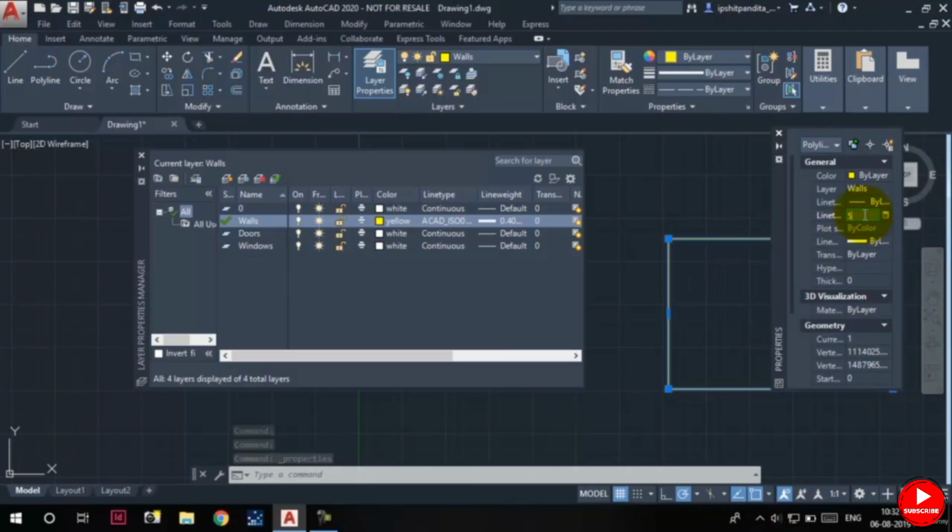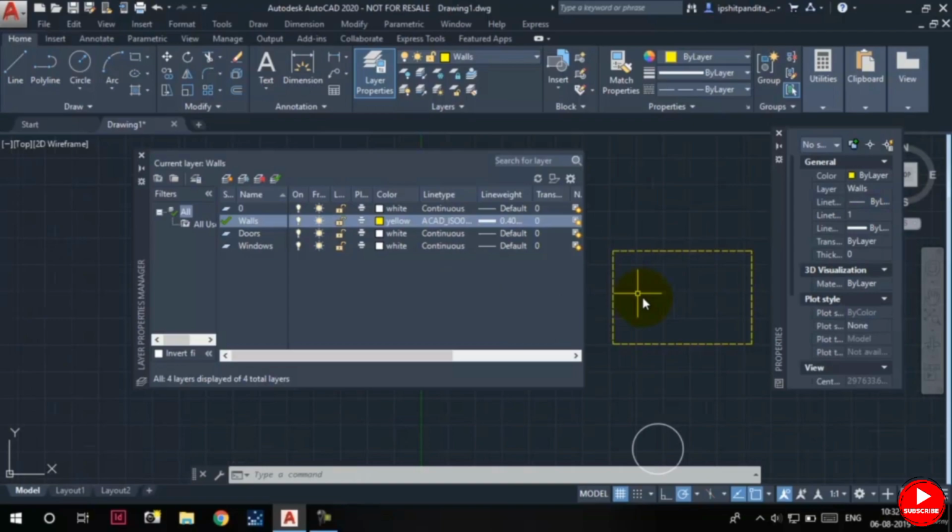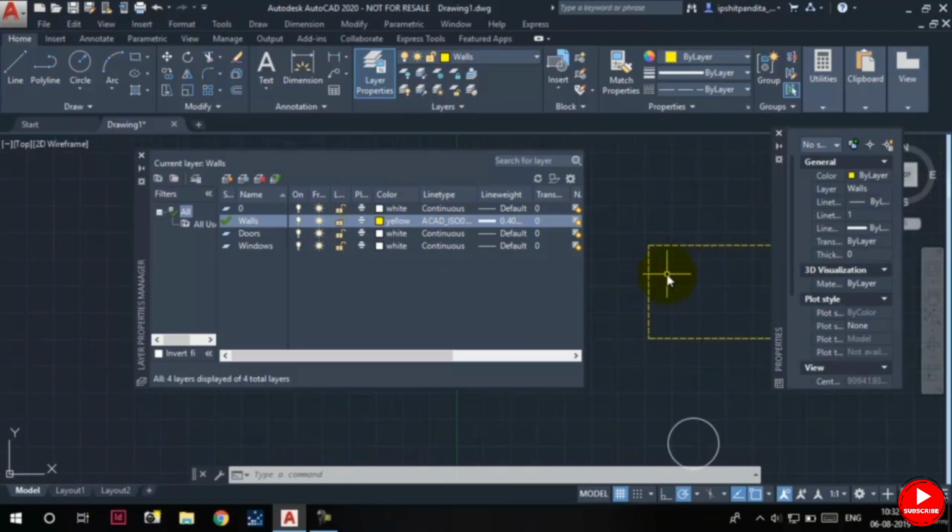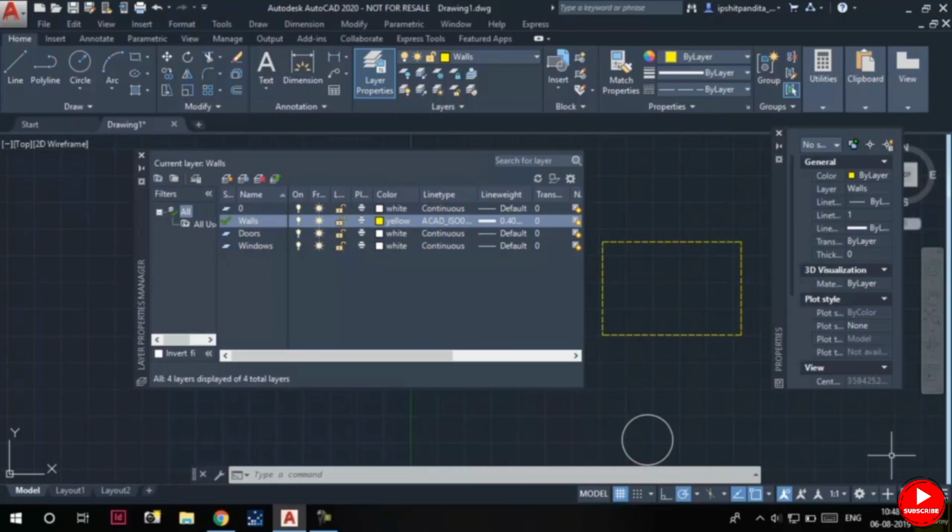Let me make it 50. So I'll make it 1000, 3000. Okay. So now you can see this rectangle has the required line type which we had set in the line type drop down of the walls layer. You can also notice that we had set the line weight for walls layer to 0.40, which is not visible